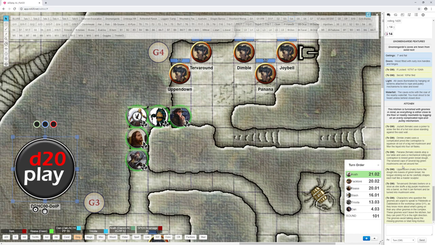There's a gnome teetering on a stool as she stuffs a big purple mushroom into a barrel so that it can ferment and be turned into mushroom wine. Ooh. They look at you and they say,